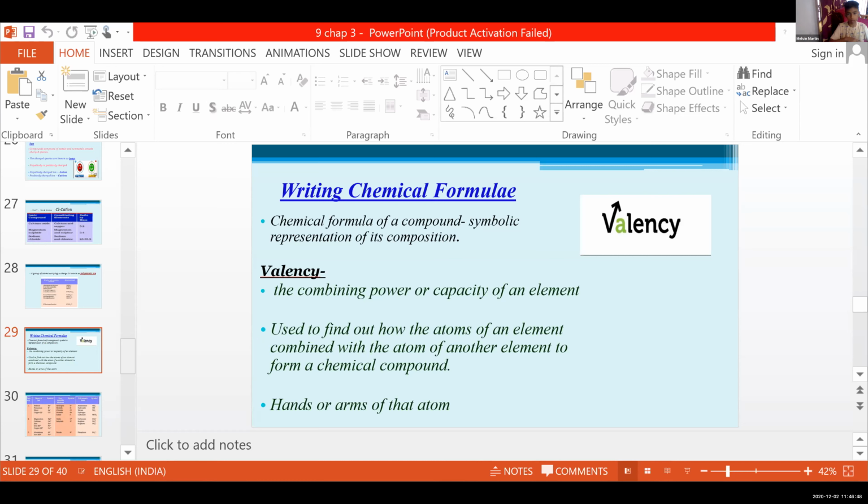Now we are going to learn it by heart. In higher classes, or in the next chapter, you will learn more about valency, and in the next chapter you will all be able to find out the valency. Now we are just remembering certain valencies of the ions. That's on page number 37: table of names and symbols of some ions. Can you see that? Yes, ma'am.